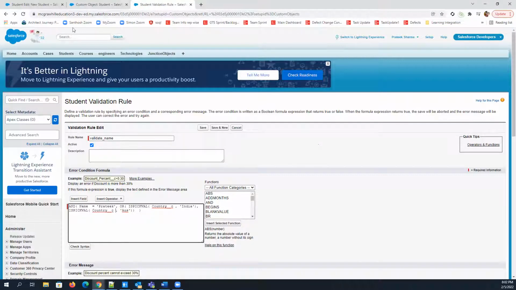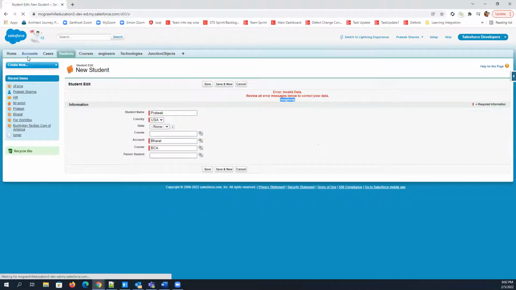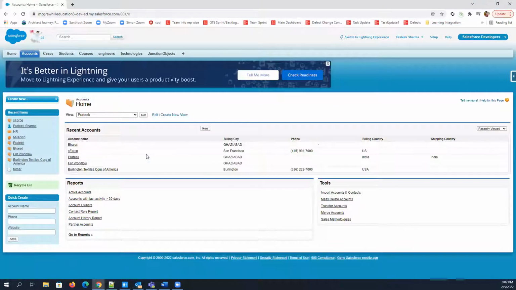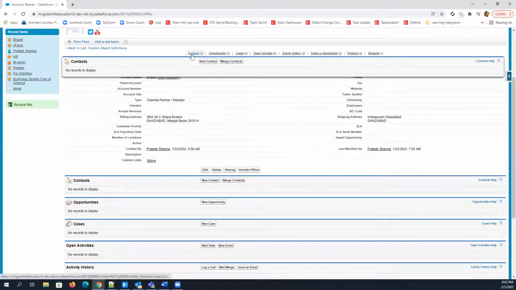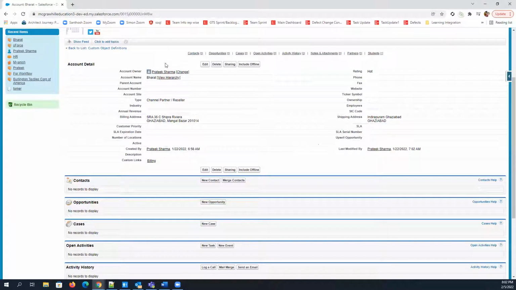Let me just take you through a scenario. Let's just put it on account, a standard object. So let's say I have this record, right? If I submit this record for approval, we don't have any approval button right now because we don't have any approval process in place for the account object. So let's say we are submitting this particular record for approval. If somebody checks this record, then he should know what the status of that approval is. Is it in submitting state or rejected or approved or something like that?